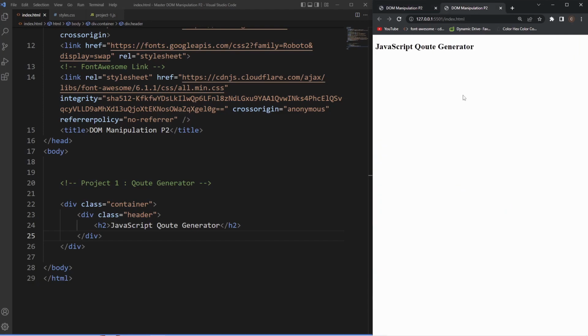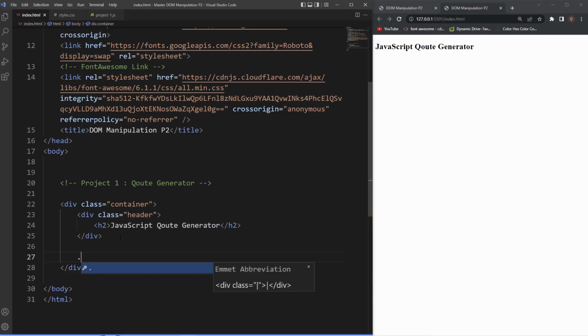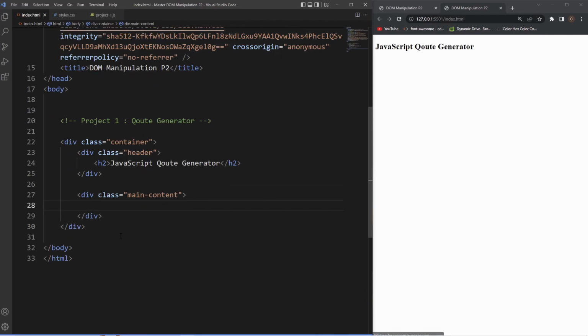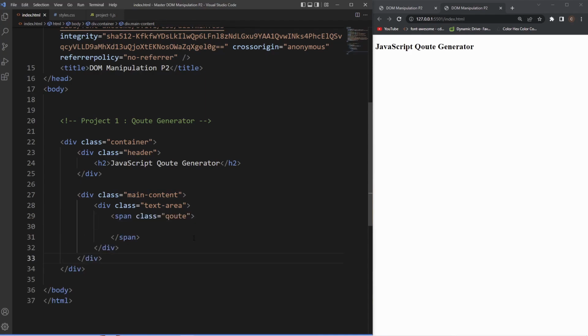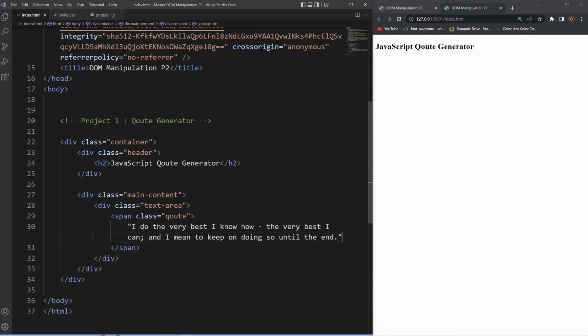So we'll head back into this blank canvas, go underneath the header and create a div with the class of main content, which again is just going to house everything. Scroll down a little bit, and the first thing we're going to need is the actual text area. So we can put a div, call it text area. Inside of that we want a span with the class of quote, which is going to be our quote, and then I'm going to paste our quote inside of here,